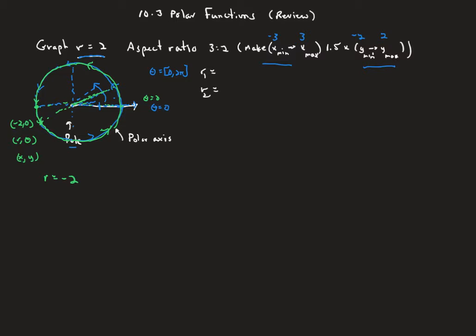Now, another kind of polar equation, a sort of simple one, but not so simple on your calculator, is if you have something like theta equals pi/6. Then you can't input that into your calculator in polar mode, just like you can't graph in rectangular mode something like x equals 2. There's just no good way to do that. But what this means is we're going along the angle pi/6. So if you imagine here is an angle of pi/6,